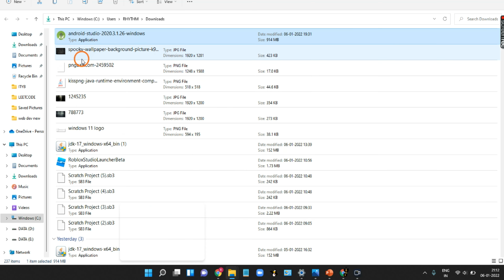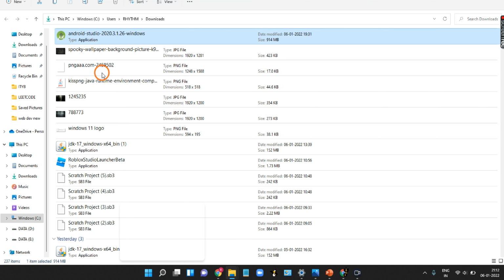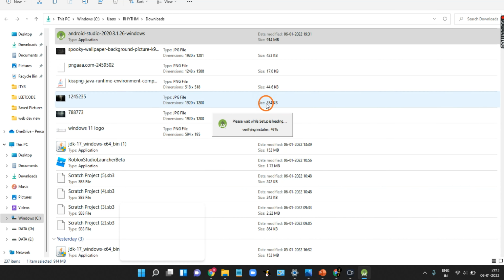Once you have downloaded it, just right click on it and select run as administrator. It takes some time to load.